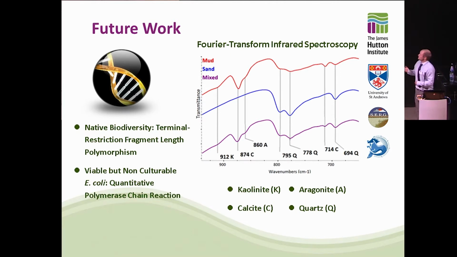So other work I'm doing is molecular work, terminal restriction fragment length polymorphism, which is taking genes from a set group of organisms, such as algae, and then looking for single or small morphs in their DNA to characterize the biodiversity. So we're doing that on algae, cyanobacteria, bacteria, and looking at how this changes with the different sediment types, but also how it affects E. coli